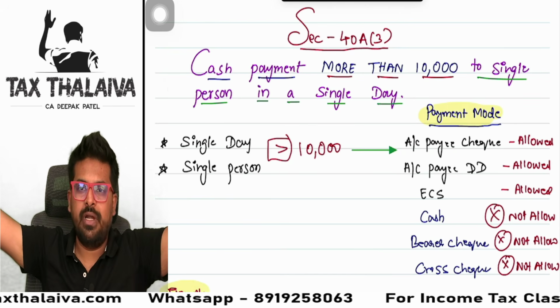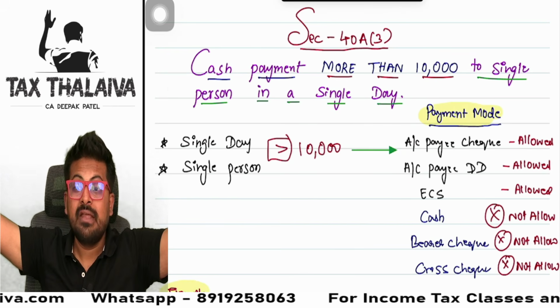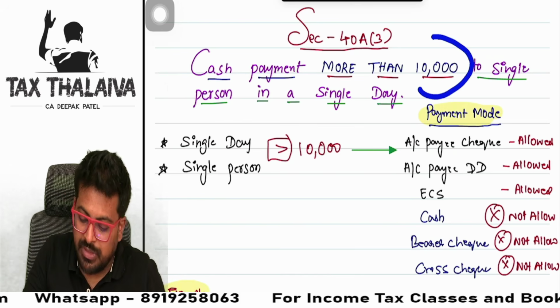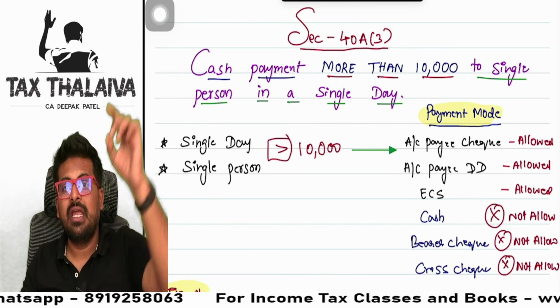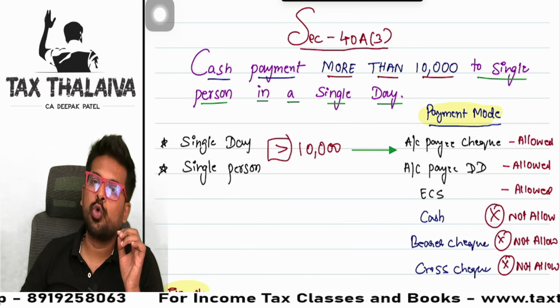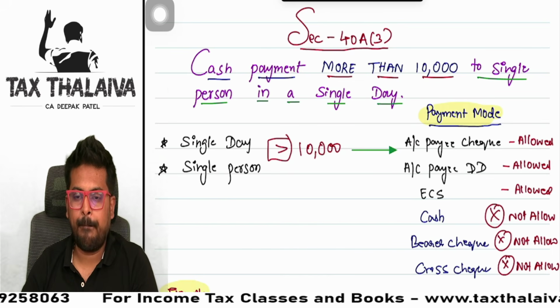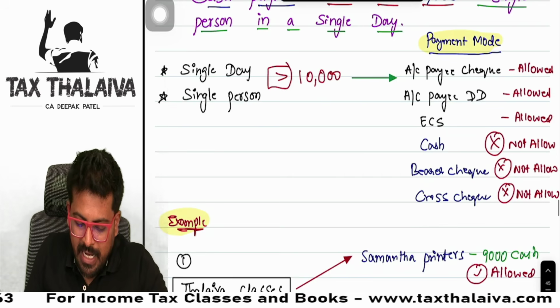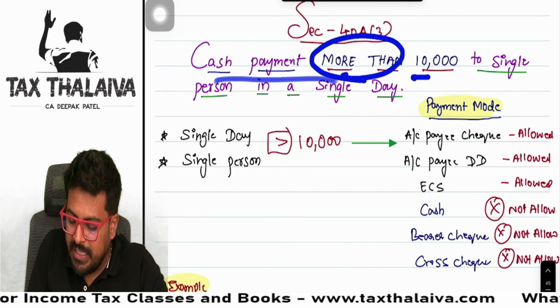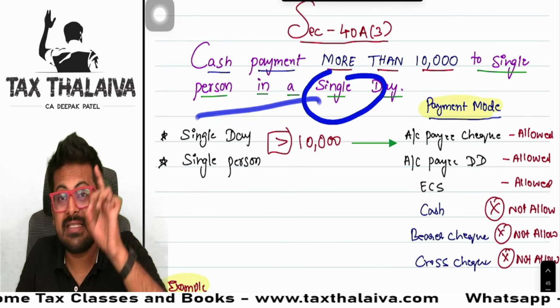You cannot claim the expenditure. The limit of 10,000 will become a higher limit of 35,000 if you make the payment to a goods transport agency. So if you make any cash payment of more than 10,000 to a single person in a single day,